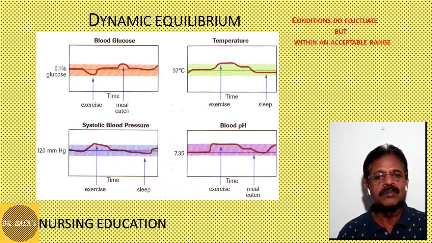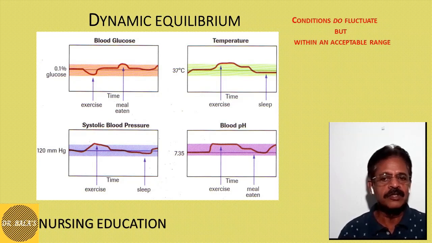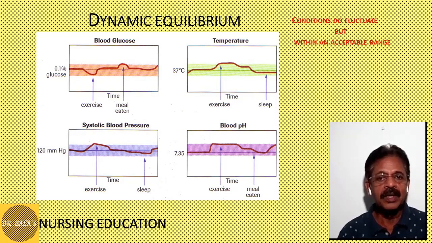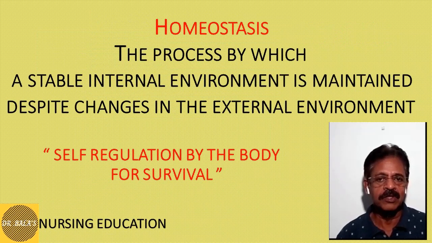Remember these numbers I told you: pH 7.4, temperature 37 degrees Celsius, blood sugar around 100 to 140, oxygen level 95 to 100, blood pressure 120 millimeters over 80 millimeters of mercury. All these are mere numbers, but they play a crucial role in maintaining the internal equilibrium balance. And all these numbers should remain constant, of course, within an acceptable deviation from these normal numbers.